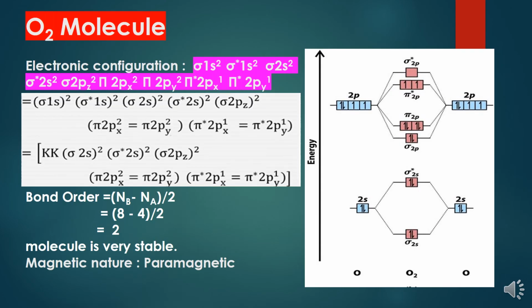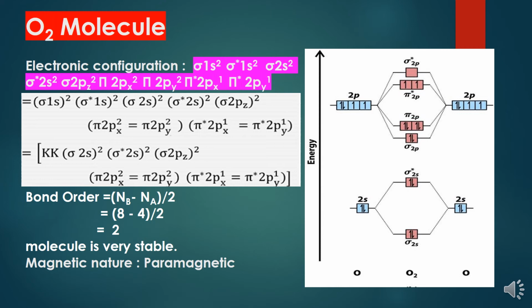Next, O2 molecule. The oxygen gas molecule can be depicted by its molecular orbital diagram as shown in the figure. As O2 molecule, 8 plus 8, is a 16 electron system, the 15th and 16th electrons will now enter pi star 2px and pi star 2py. So its electronic configuration will have 2 more electrons than nitrogen, which are present in pi star 2px1 and pi star 2py1.